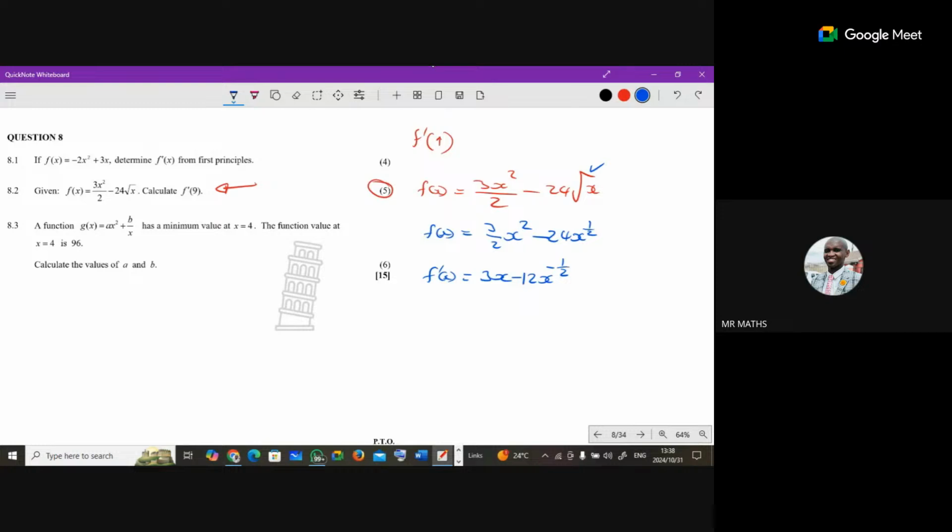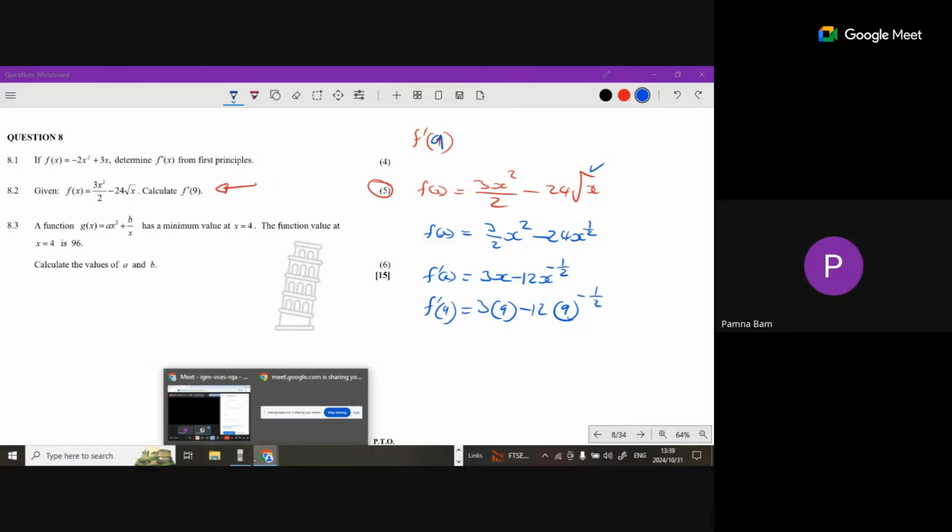Then we substitute now with 9 because we are looking for f prime of 9. Therefore, we'll have 3 times 9 minus 12 into 9 to the power of negative 1 over 2. Go for the calculator. Getting a 23, so